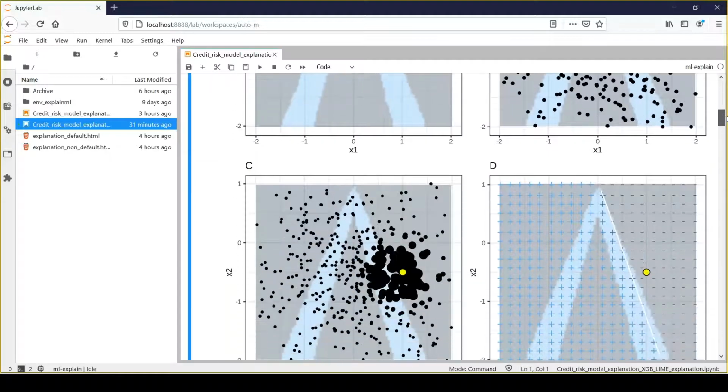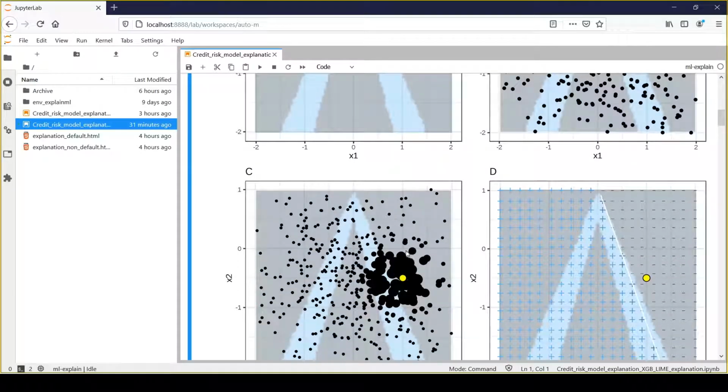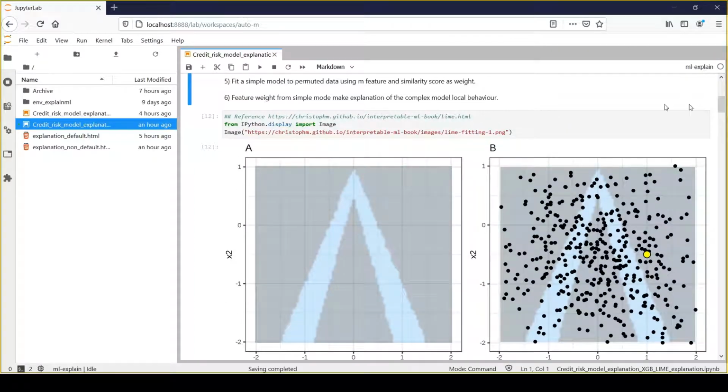You can see here the dense blocks represent the similarity score, because the points which are closer to my yellow instance will have more weight. So we simply fit a simple linear regression model to the permuted data, which are all these data points, using M features and the similarity score as a weight.